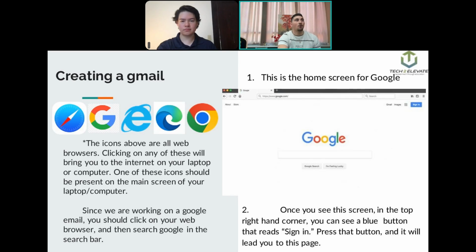These are both one and the same, practically. You could think of Google and Google Chrome as the same. The one thing I want to get across is that these all serve the same function. I know they all look different and it could be confusing, but all five of these icons serve the same function. Clicking on any of these icons on your desktop or laptop will get you to the internet. Since we're going to be working in Google, if you click on Google or Google Chrome,